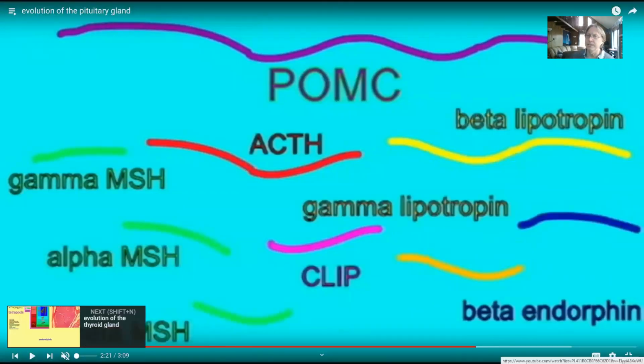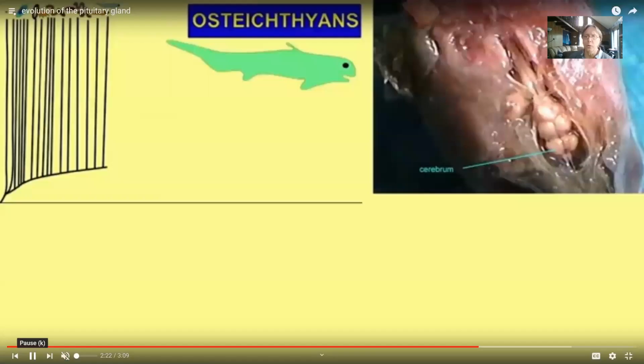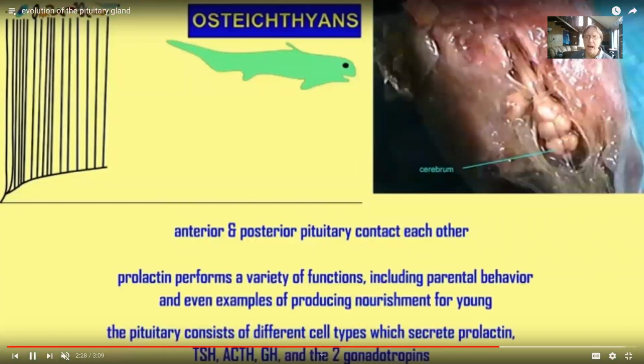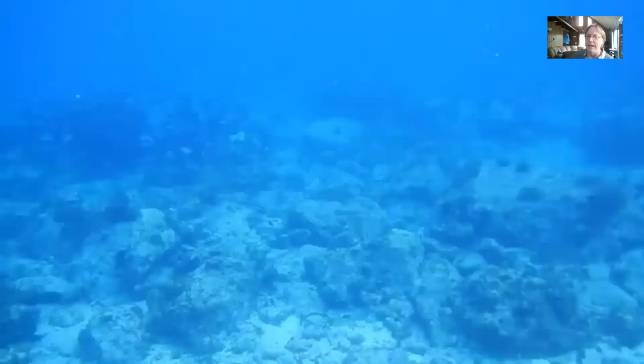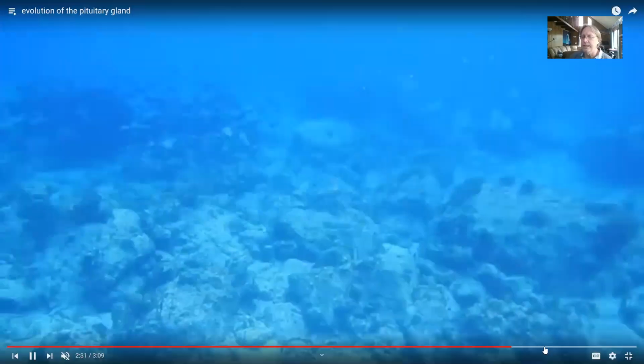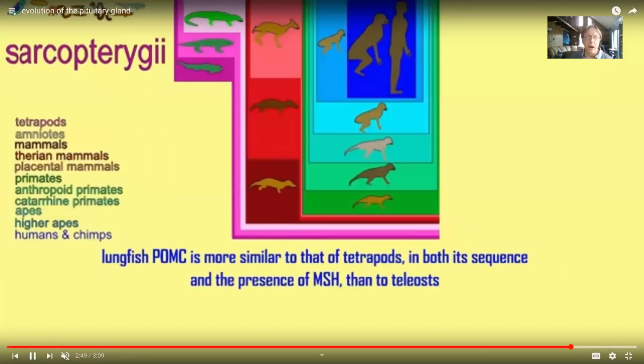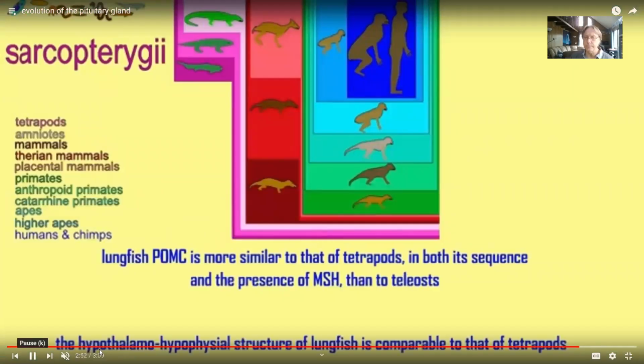So this is not just something we see in humans. We see it in sharks. We see it in bony fish, etc. By the osteichthyes, the anterior and posterior pituitaries are finally contacting each other. So once again, you can see that there are changes in the pituitary gland over time, and we can say this is a trait shared among the jawed vertebrates or among the sarcopterygians, the fish,